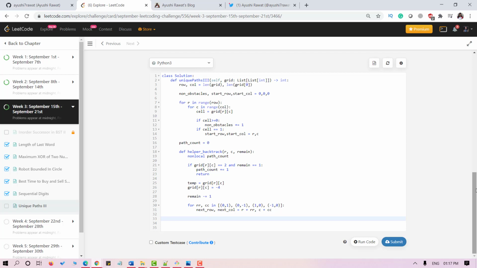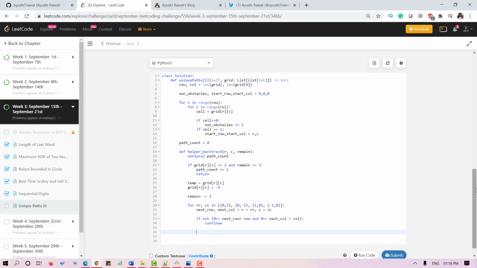Now I will check a condition for invalid coordinates. Next, I will check a condition: if the square is an obstacle or is visited, in that case, I'll continue.